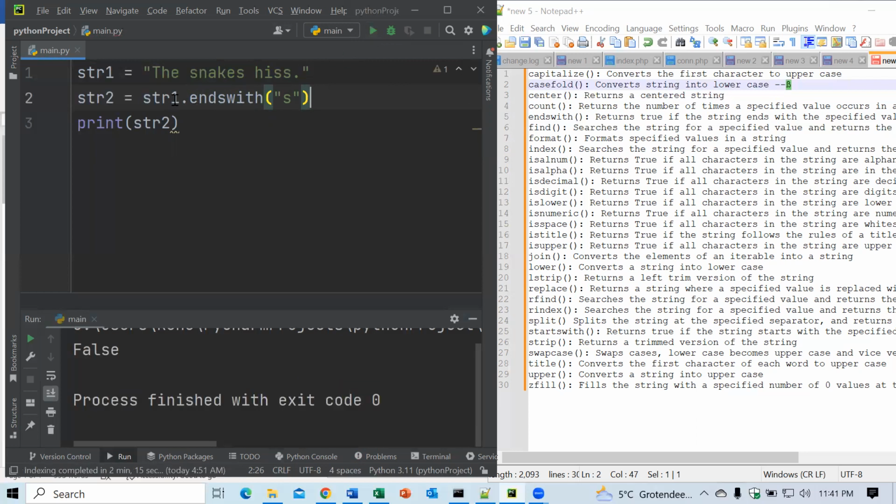False. Oh, so why? Here, guys, we forgot the dot here. So it's a character, and that's what is checked. The dot is not an S. So if I run this again, having removed the dot, we'll see what we have. True. That's it. Now, what if I check if it ends with capital S? Would that be true or false? False. Remember, endswith is case sensitive. So if I really wish to have it return true for any case of S, be it the capital case or the small case, I could just convert the S to